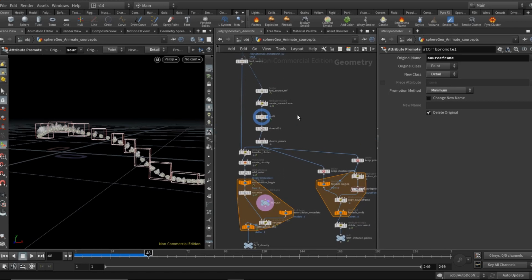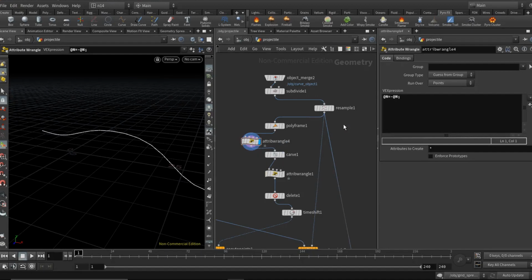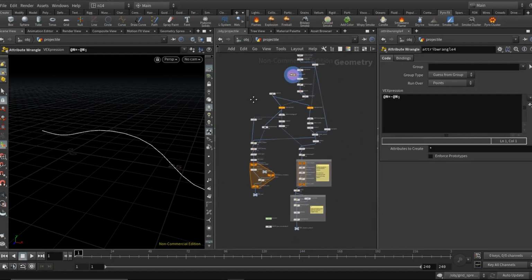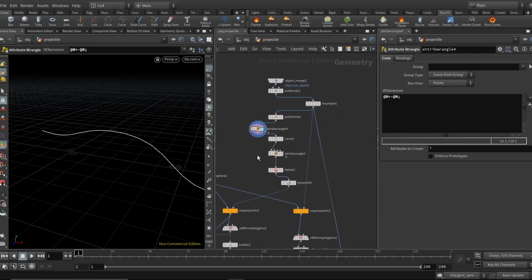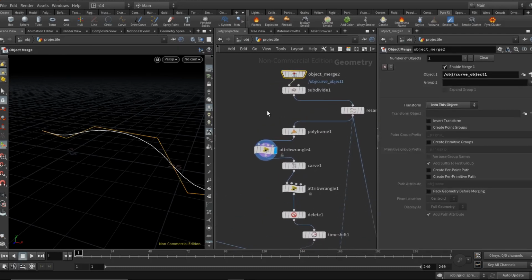And this is the way most of the Houdini users prefer. So now I'm going to show a different setup through which I have tried to achieve a similar kind of result using the same logic, slightly different methods, but a simpler one. So first, let's see how I have animated that sphere over the curve.